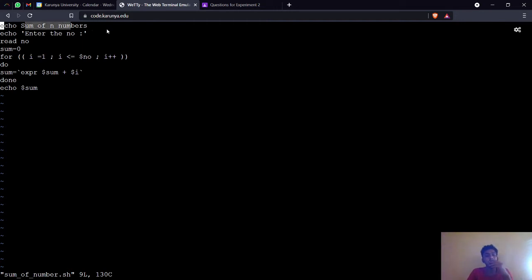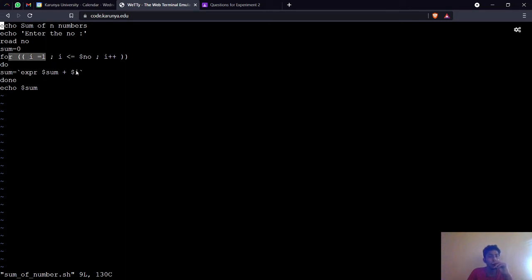So echo, that is, I'm going to print sum of numbers: if you give a number, it will take a number from the user. If you give 4, then from 1 to 4, that is 1 plus 2 plus 3 plus 4. The total of the n numbers will be printed as the sum. We are going to perform this using a for loop. You need a loop to calculate the sum. So first print the prompt, then get the number from the user, read num, and I am assigning sum equal to 0 for calculating.